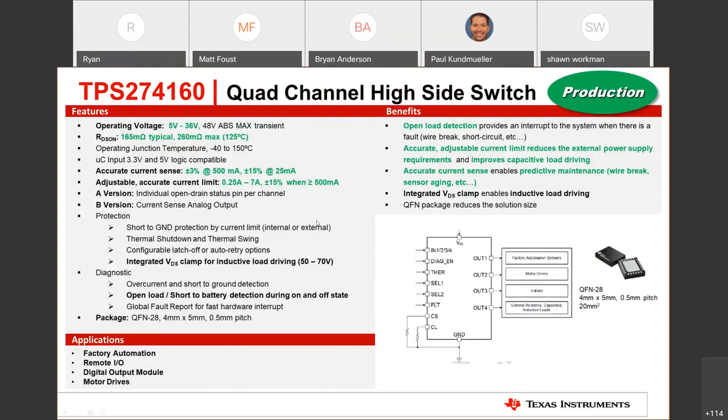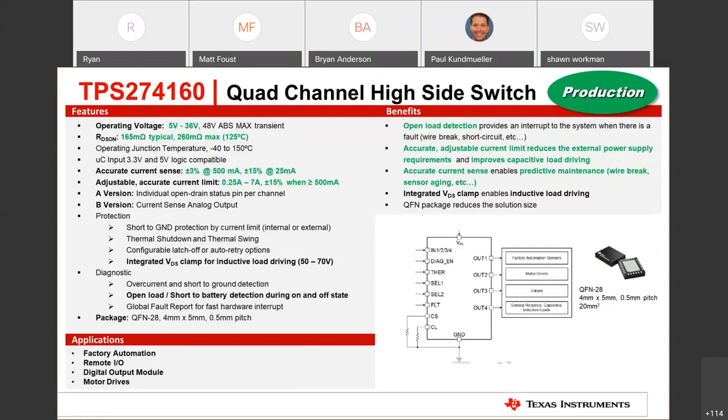The device also offers two different versions. Version A offers individual open drain status outputs for each channel, or version B offers a global fault as well as a current sense analog output to monitor the current flowing through each channel.